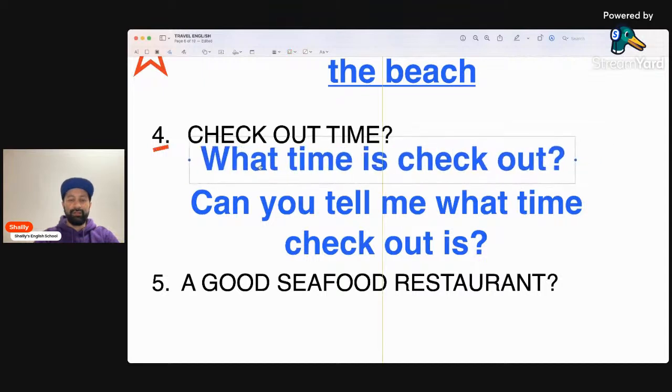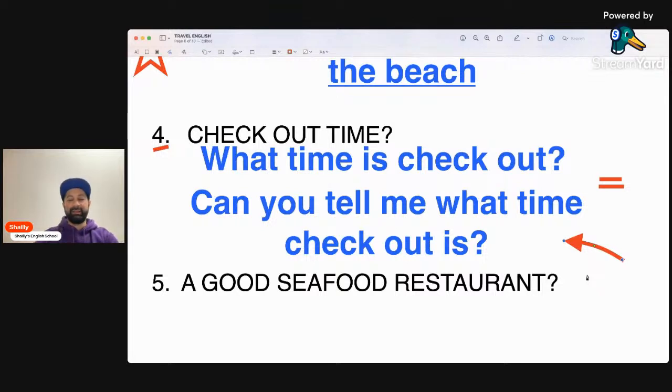Both of these questions are the same. They're completely the same. They are equal. But this bottom one is more polite. It's an indirect question.